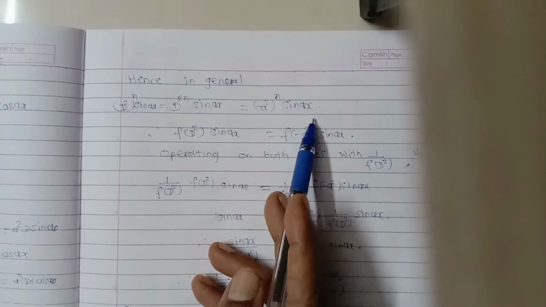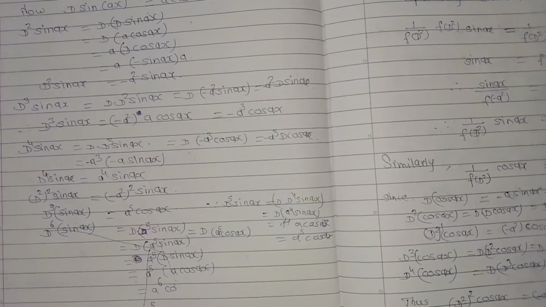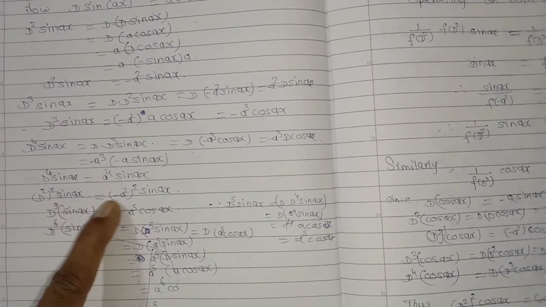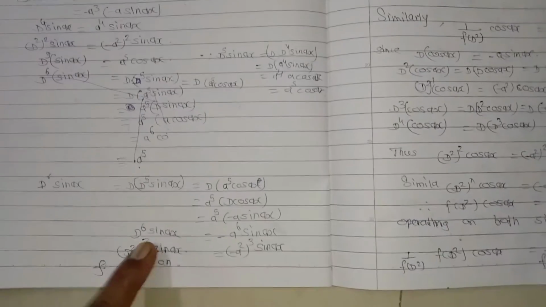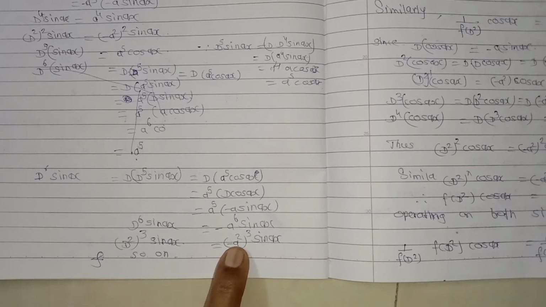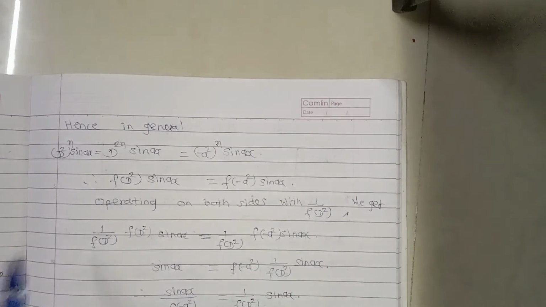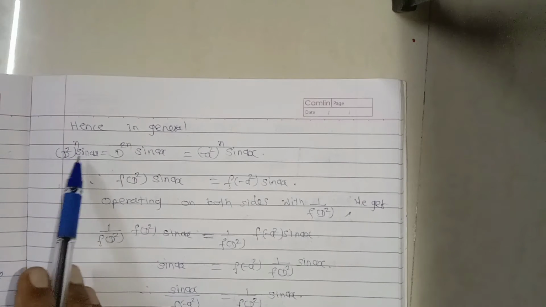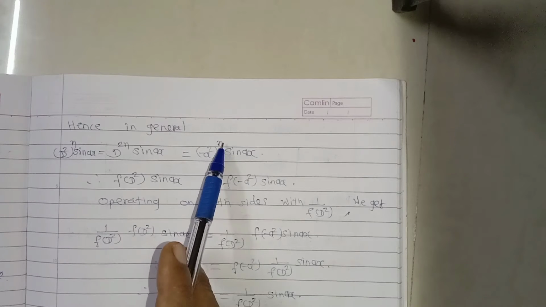Since for (D squared) raised to 2 sin(ax), we get (minus a squared) raised to 2 sin(ax). For (D squared) raised to 3 sin(ax), we get (minus a squared) raised to 3 sin(ax). So in general we can write (D squared) raised to n sin(ax) equals D raised to 2n sin(ax) equals (minus a squared) raised to n